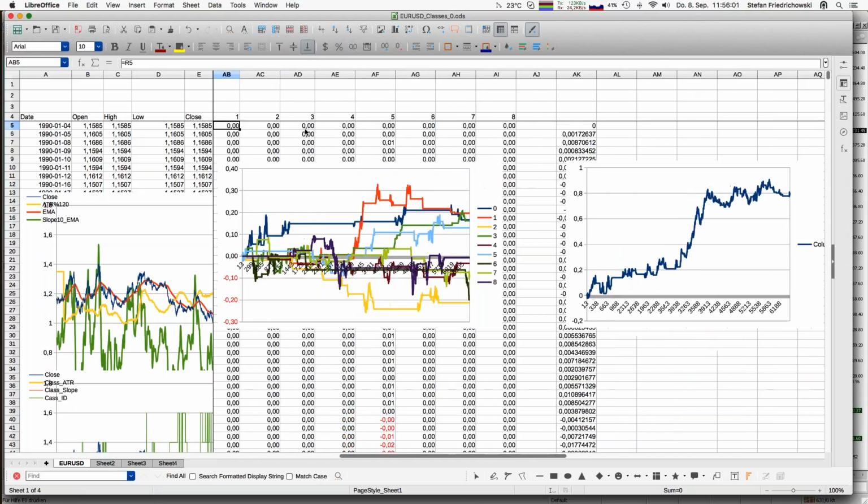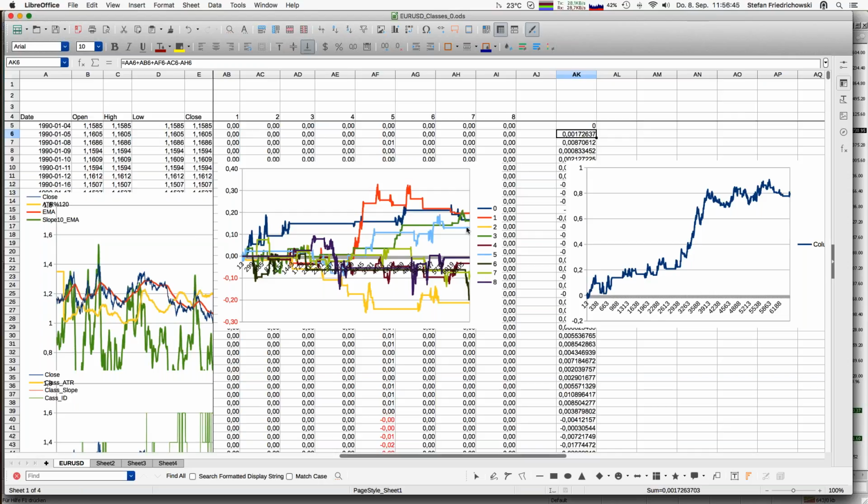and get some similar results. Similar in terms of, yes, we can identify some, let's call them suitable classes. And now we have a short class as well. This would be class number 2, because that goes downwards here within that equity line, and we have a few classes going upwards, for example class 0, 1, and then 3 and 5, and that is exactly the summation I have done here for this equity line